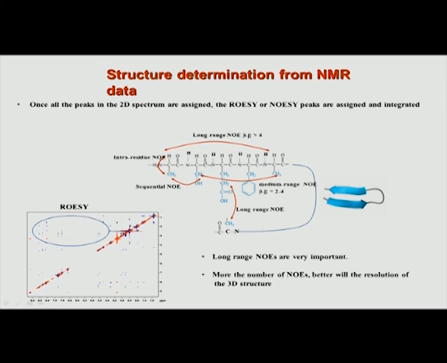Then, the more such NOEs you can extract from the NOESY, the better. If you see this NOESY spectrum here, every peak is information. So, the more NOEs you can obtain from the NOESY, the better will be the resolution of the 3D structure, because that is how we determine 3D structure, by giving these distances as inputs, which we will see in the next class. We will see how these distances can be used as inputs. Similarly, we can determine the phi angles, the torsion angles, and together they help to determine the 3-dimensional structure of the peptide or protein.